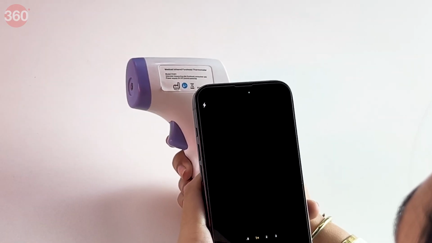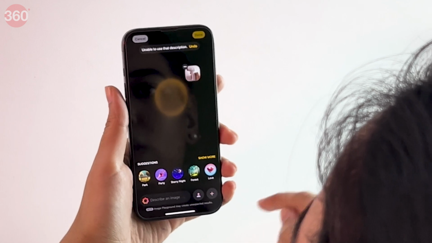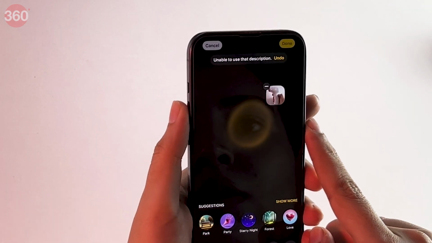Well, Image Playground is still in beta, so some results might be a little off. Apple has also put in some guardrails to keep things safe, which means no violence, no political images, and no drug-related stuff. So if you try to type in something that doesn't work like AK-47, blood, or any disturbing content, you will either see an error message or the app will just ignore certain words.